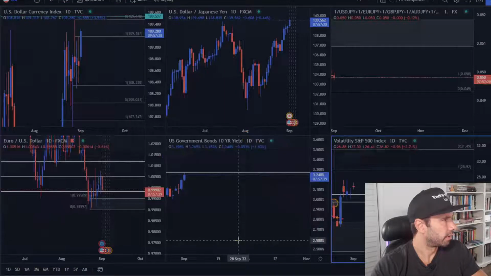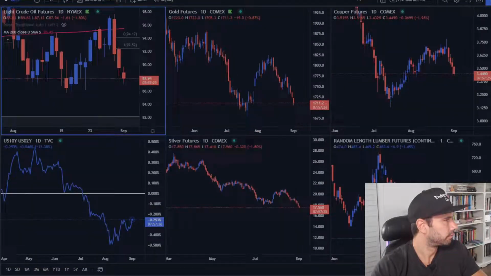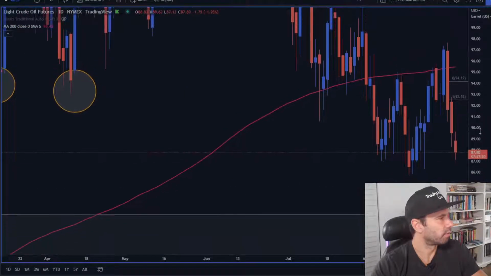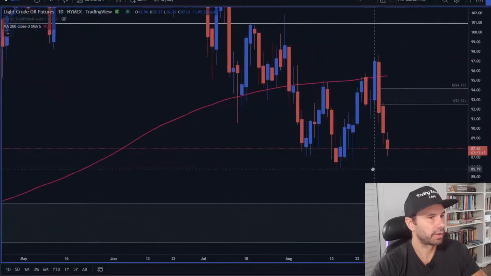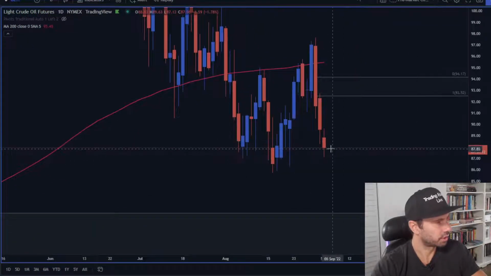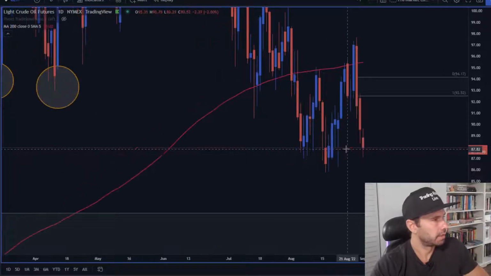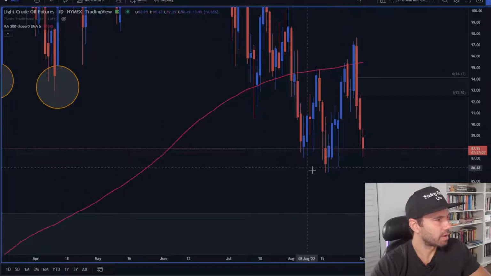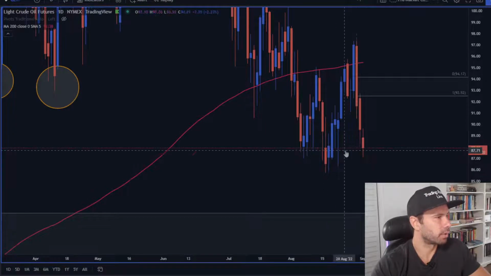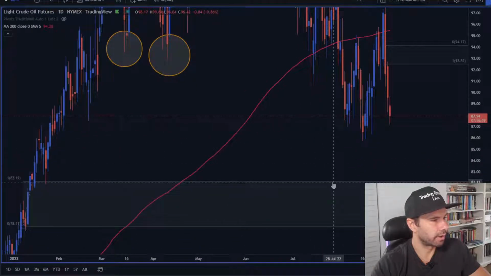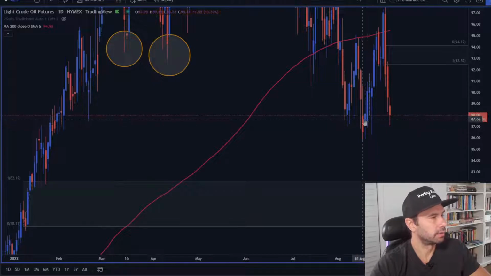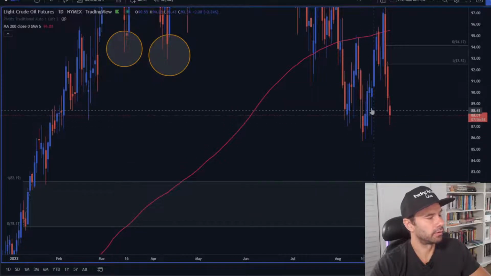All right, let's go to crude oil. Very interesting here. Crude oil is being very, very influential in the S&P. XLE and all the energy stocks are very influential in the S&P. So crude oil has been coming down. Now it is at this pivot. Is this pivot the best time to buy? I wouldn't buy here. My demand is around 82, but this pivot is going to cause some